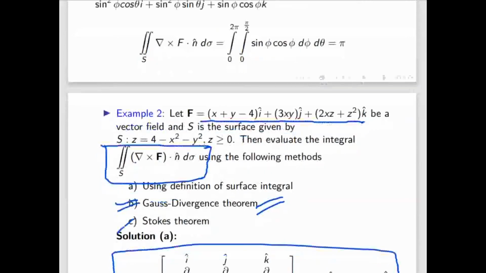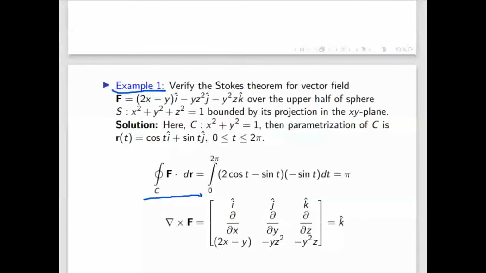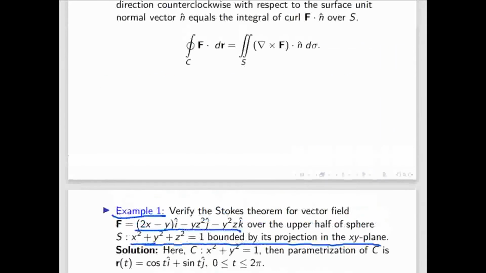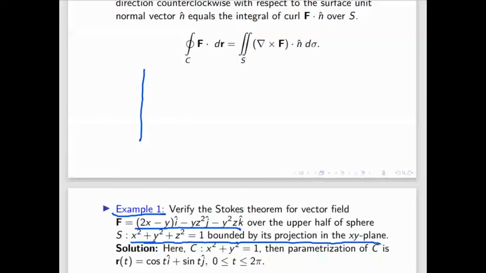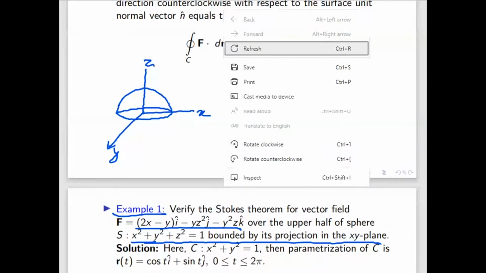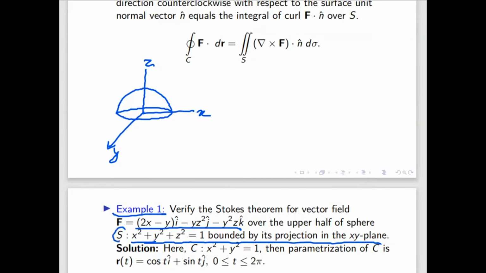So we'll go back to the first example, this example. The question here is: verify the Stokes theorem. So again I will now do this with the technique, whatever Gauss divergence technique we learned, and see what the answer will be. So F is this one, and here it is given the projection of this sphere over the xy plane. So I will draw the picture of this sphere. The same problem I am doing again. So this is the part of the sphere, with axes X, Y, Z. The surface of the sphere is the actual S.